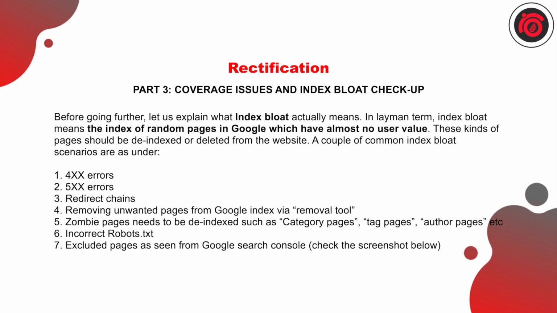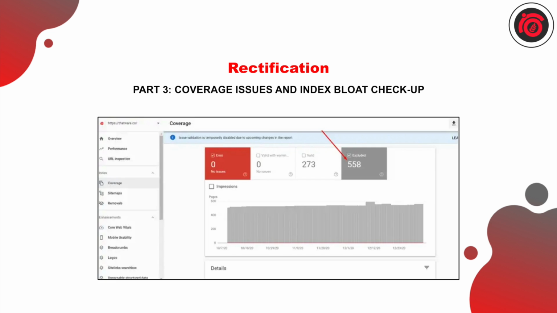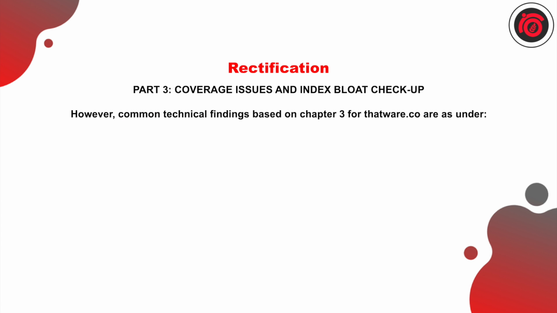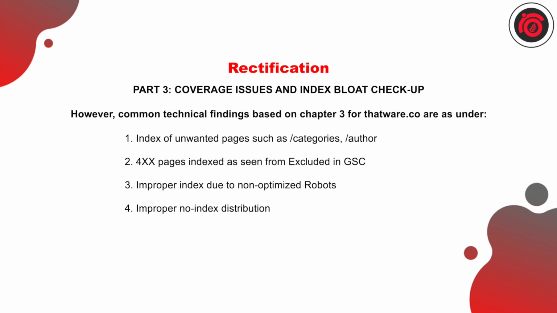Then you have to check the excluded pages in the Google Search Console too. So after you have removed all of the unwanted URLs, it should move on to the exclusion list, and basically the error section of your coverage report should indicate 0. So after that is done, let's move on to how we actually fix the crawl budget for